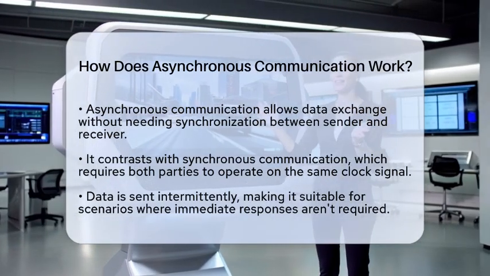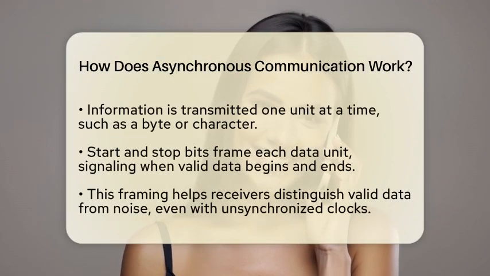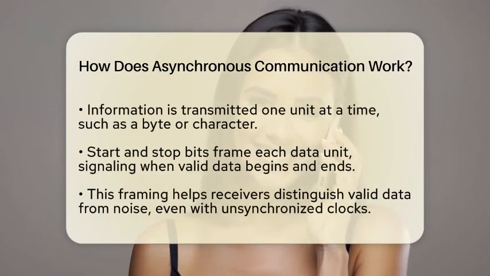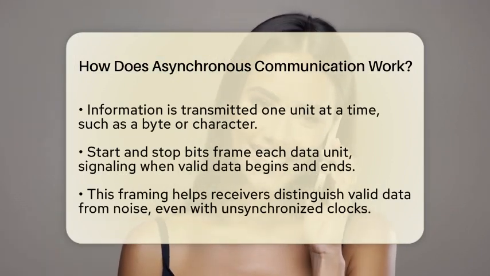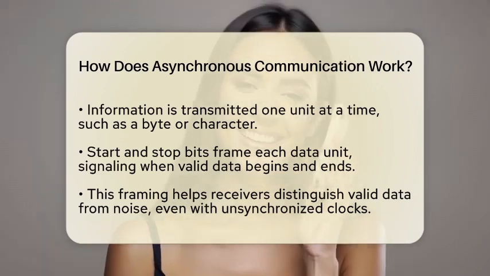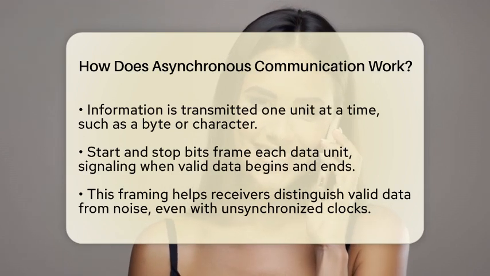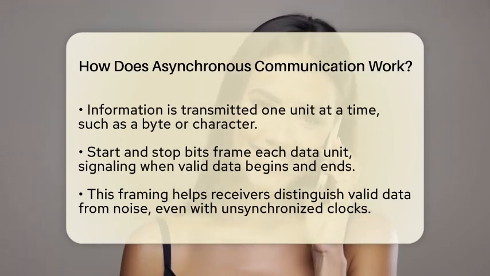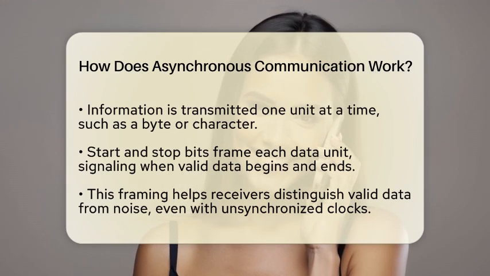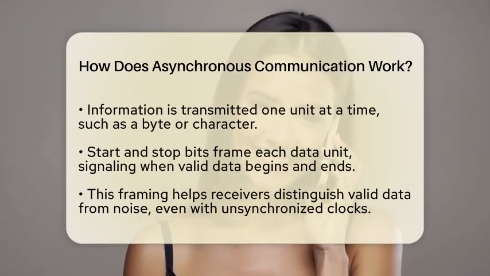This could be 1 byte or 1 character per transmission. Each unit is framed by special bits known as start and stop bits. These bits signal the beginning and end of the data unit. They help the receiving device know when valid data starts and stops, distinguishing it from noise or irrelevant signals. Thanks to this framing, the receiver can interpret the data correctly, even if the clocks of the sender and receiver